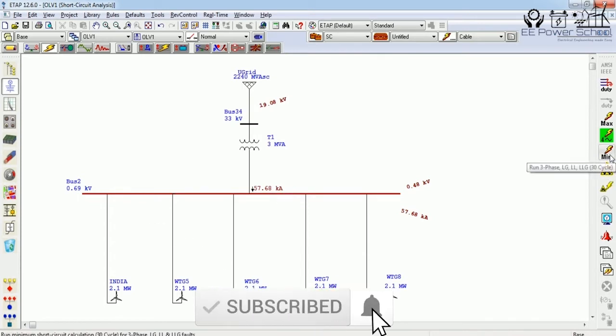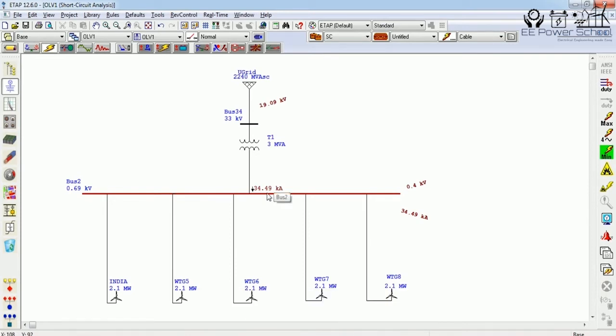Again, if I select the minimum, 30 cycle, this is the lower limit of the short circuit current, 34.49, and the upper limit is the maximum we considered, 61.05. So the operating range of the short circuit current is 34.49 kiloampere to the upper limit of 61.05 kiloampere.